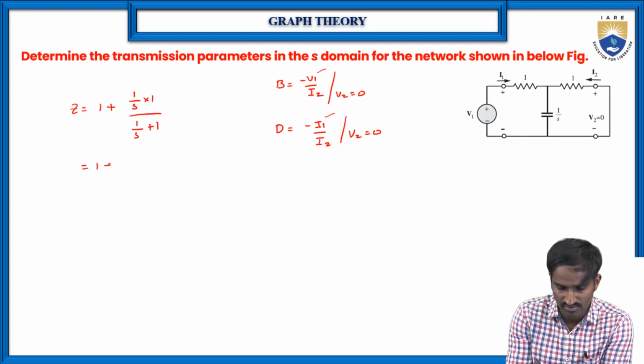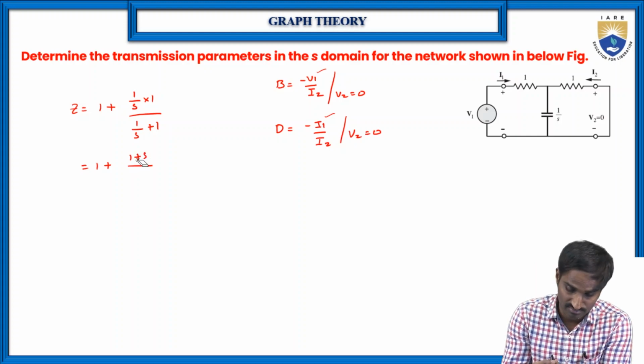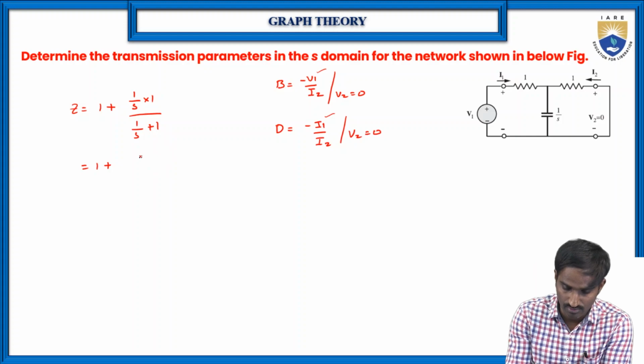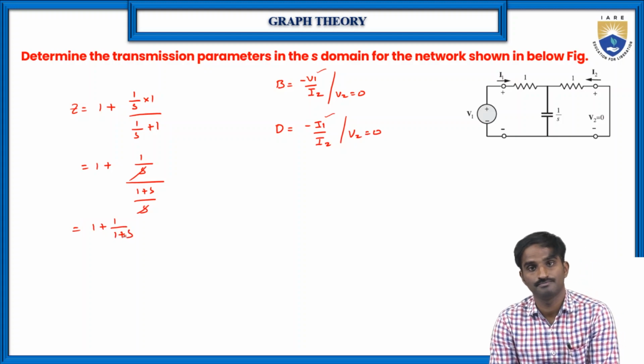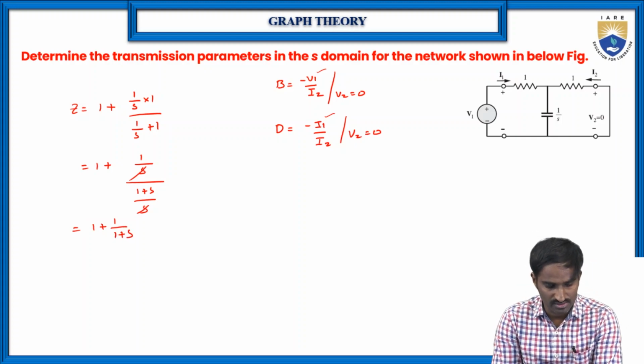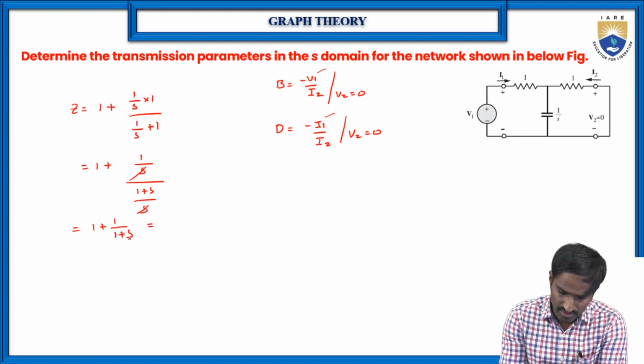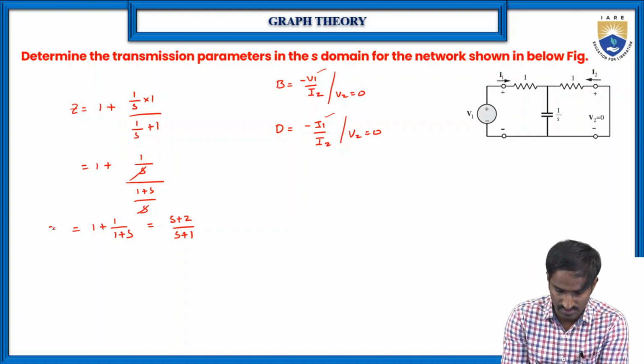If you simplify this, 1 plus S by S, so the S gets cancelled, then it becomes 1 plus 1 by 1 plus S, or in other words S plus 1 plus 1, so S plus 2 by S plus 1, which is equal to Z,